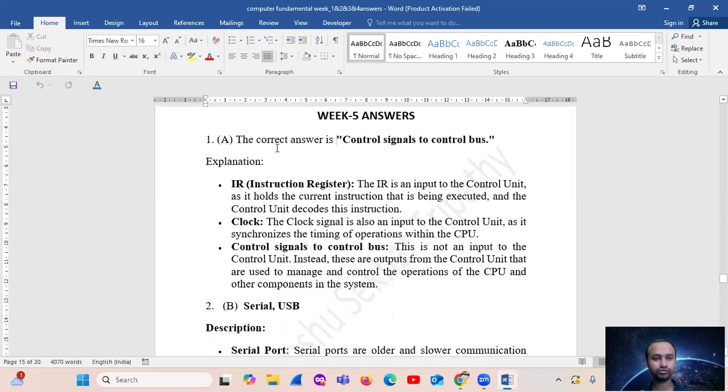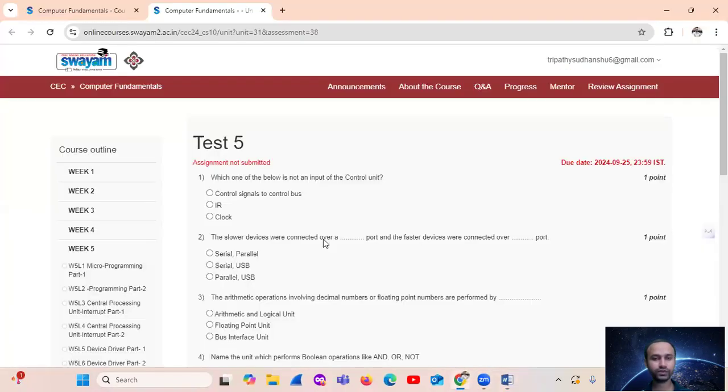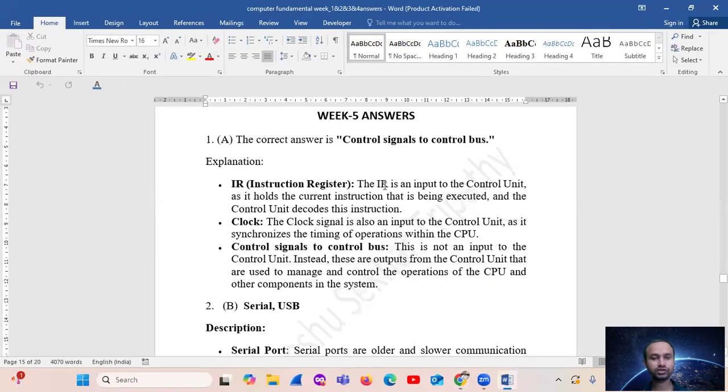एक्सप्लेनेशन के लिए सारे ऑप्शन को देख लेते हैं। एक ऑप्शन है आईआर मीन्स इंस्ट्रक्शन रजिस्टर। इसलिए इसका आंसर होगा कंट्रोल सिग्नल टू कंट्रोल बस, ये कंट्रोल यूनिट का पार्ट नहीं है। इंस्ट्रक्शन रजिस्टर इज एन इनपुट टू द कंट्रोल यूनिट।